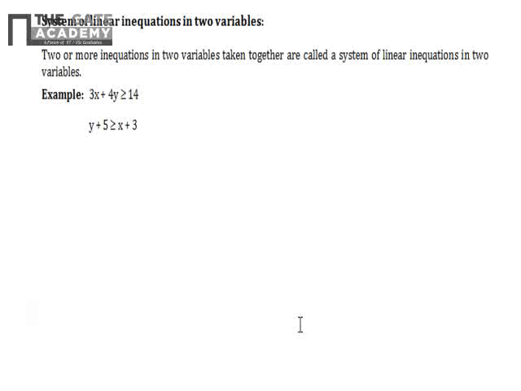Next is a system of linear inequations in two variables. Just like we have simultaneous equations where we have two equations in x and y, there may be certain inequations where we have two variables. So how to solve them? We can solve this by a very good graphical method called the linear programming method. We have to plot our graphs on the x and y axis. We'll understand this by taking one example.